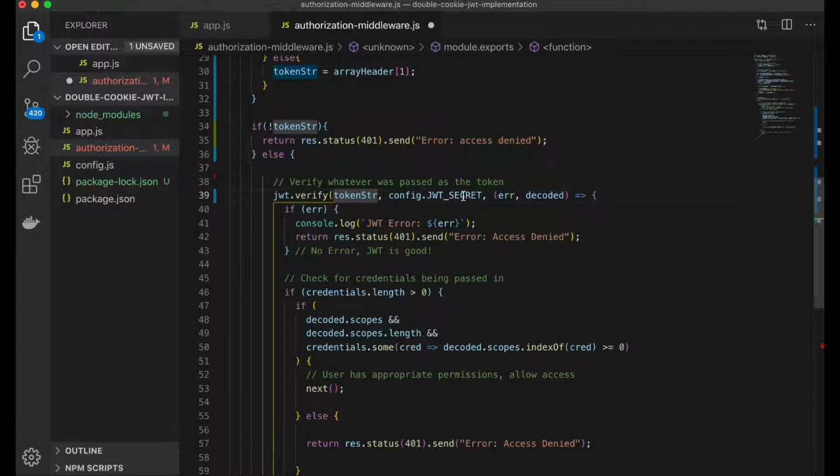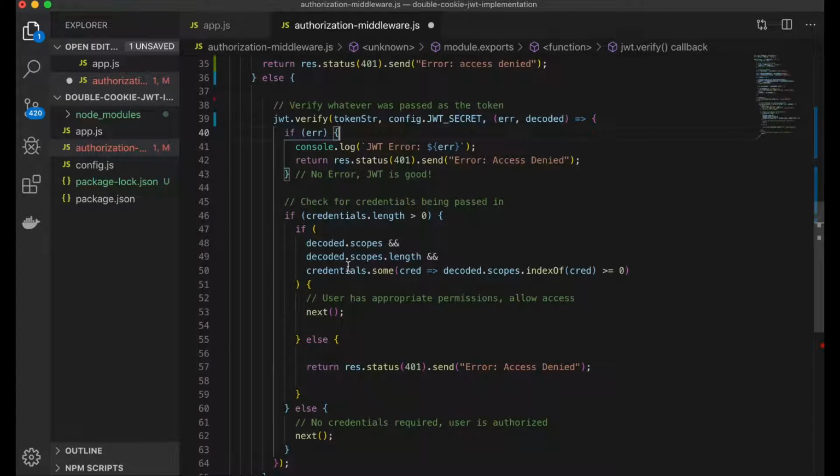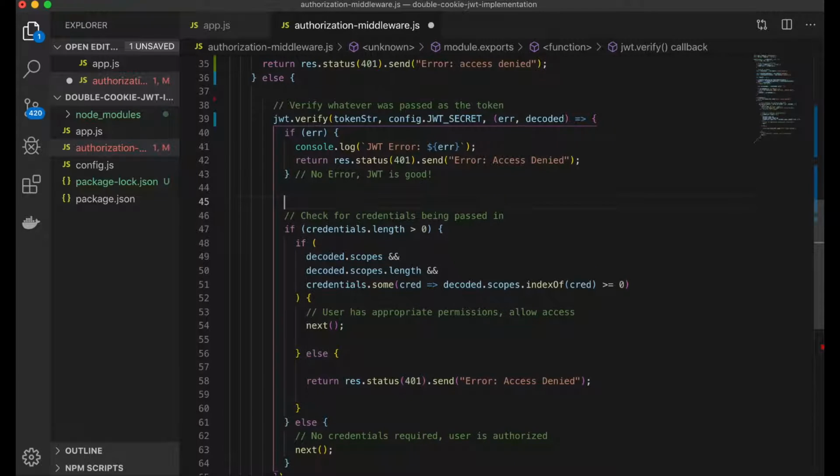All right. So now we are able to take the token body and verify if it is still valid. Again, it hasn't been tampered with, the signature is still intact, and it hasn't expired. If everything looks good, then we want to